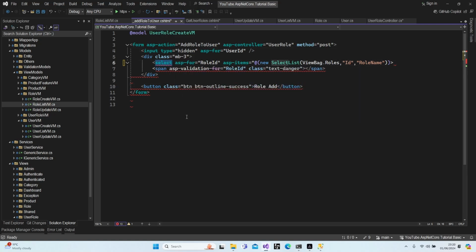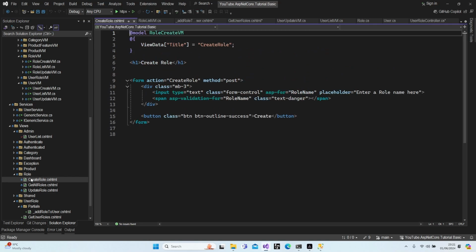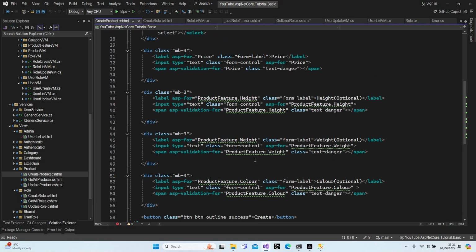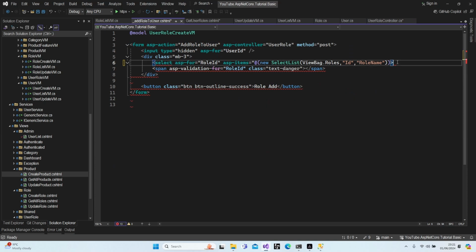It should be the select. I'm just thinking, did we use any drop down? I guess I forgot what I added before. User list, authenticate category, dashboard exception, product role, shared. I'm not quite sure. No. Label, input. Okay. If I remember correctly, this is normally select,